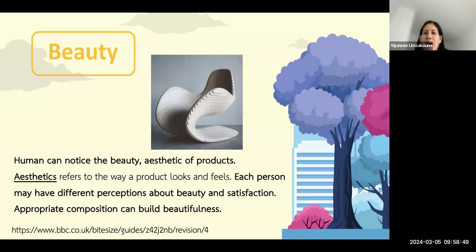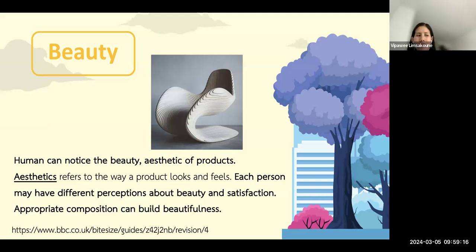We appreciate that composition can build beautifulness. For this one, everyone can see the same: it's smooth, and we don't have to worry that we're going to hit an edge. It also includes the smell and the taste as well.